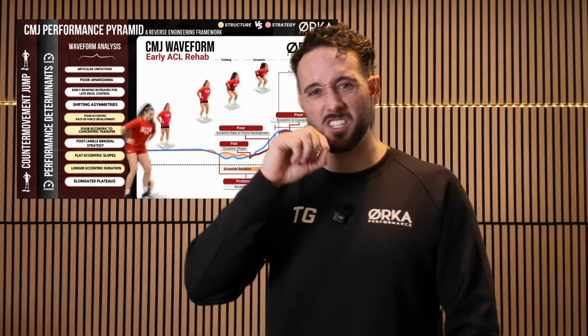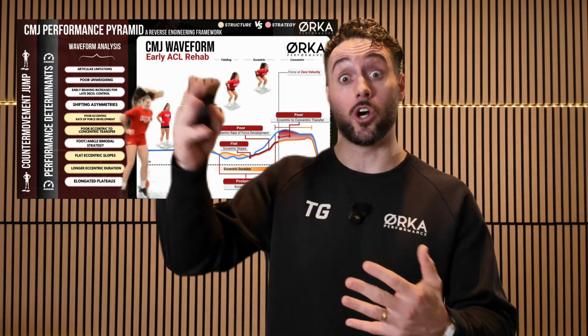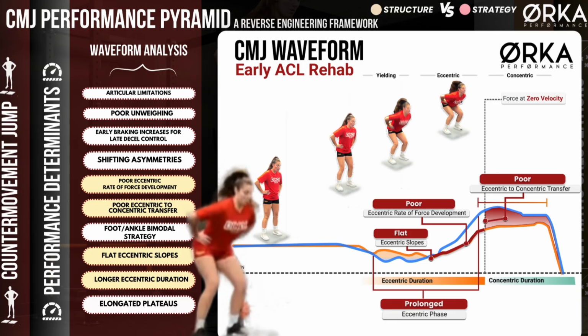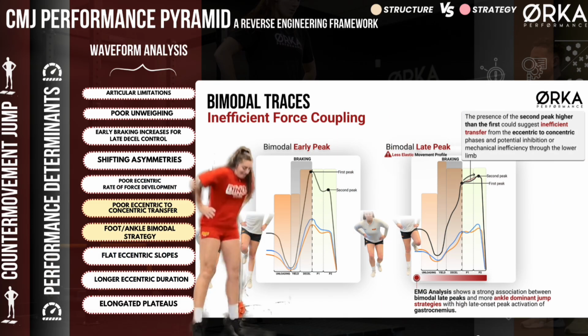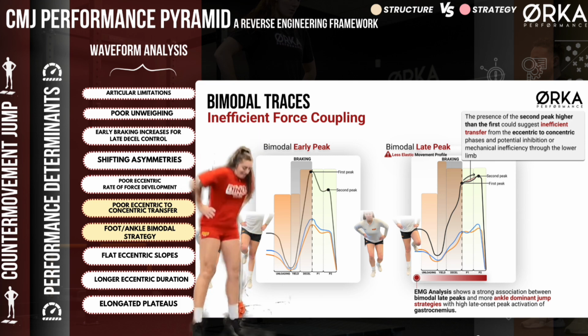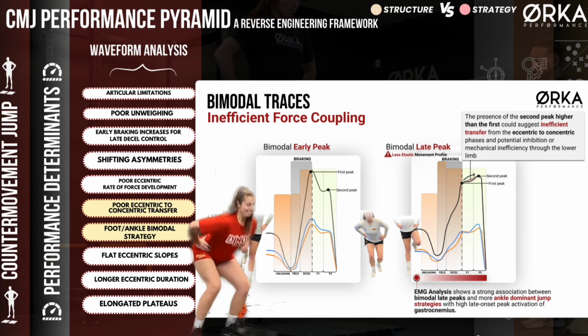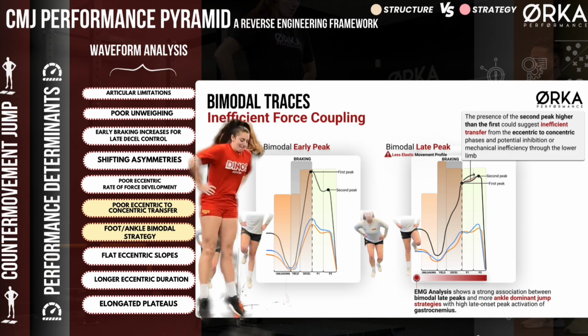Instead of short. So there's just this inefficiency through that transfer portion, and likely that comes with longer durations and things like that as well. Or we could have, again, poor eccentric to concentric transfer, but we also have this foot and ankle bimodal strategy. So we get these two peaks to the mountain, but we get the presence of this second peak that's actually higher than the first peak. That could suggest inefficient transfer from the eccentric to concentric phases and potentially inhibition or mechanical inefficiency through the lower